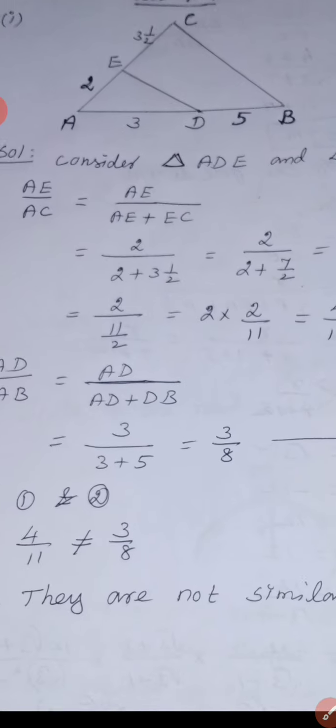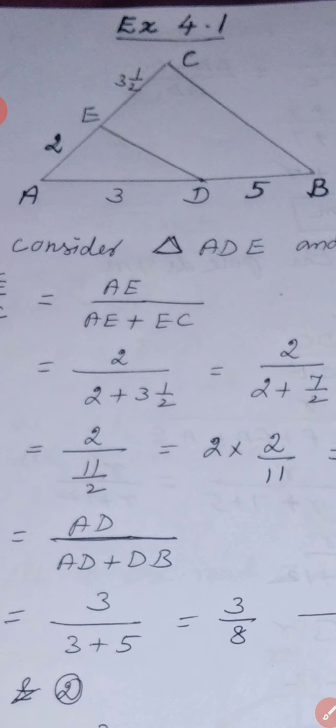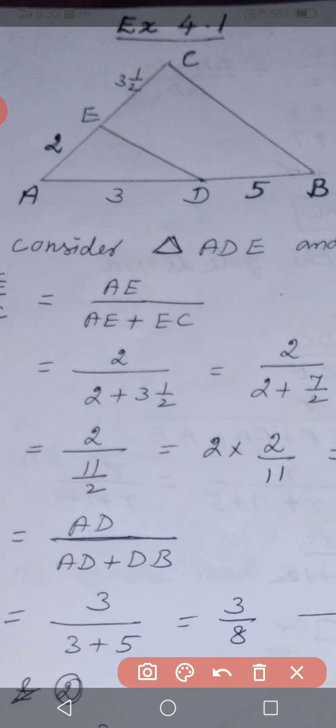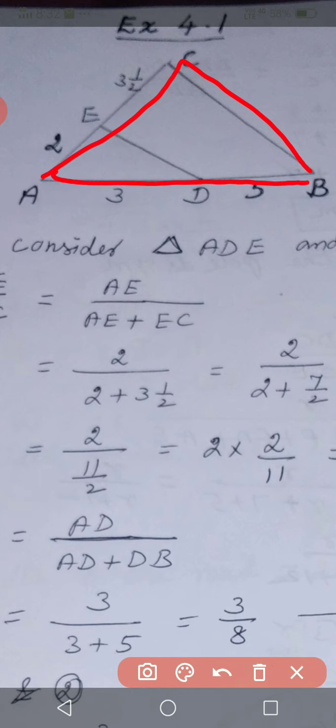See the diagram. Here one triangle ABC is given and ED is a line drawn parallel to the side CB, and the values are given. So here we have to check whether the two triangles ABC and AED are similar. For that, first take triangle ADE, and triangle ABC. In these two triangles,